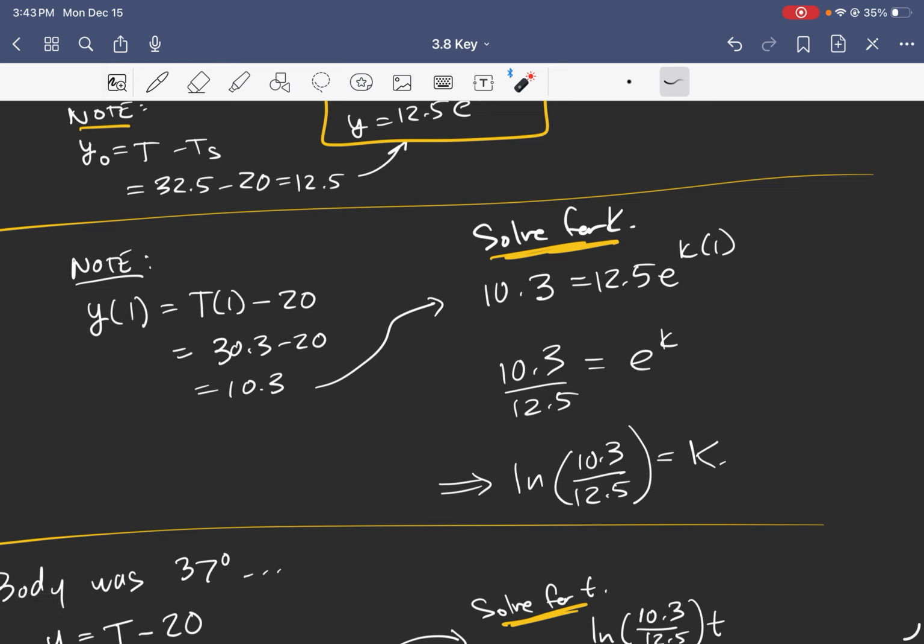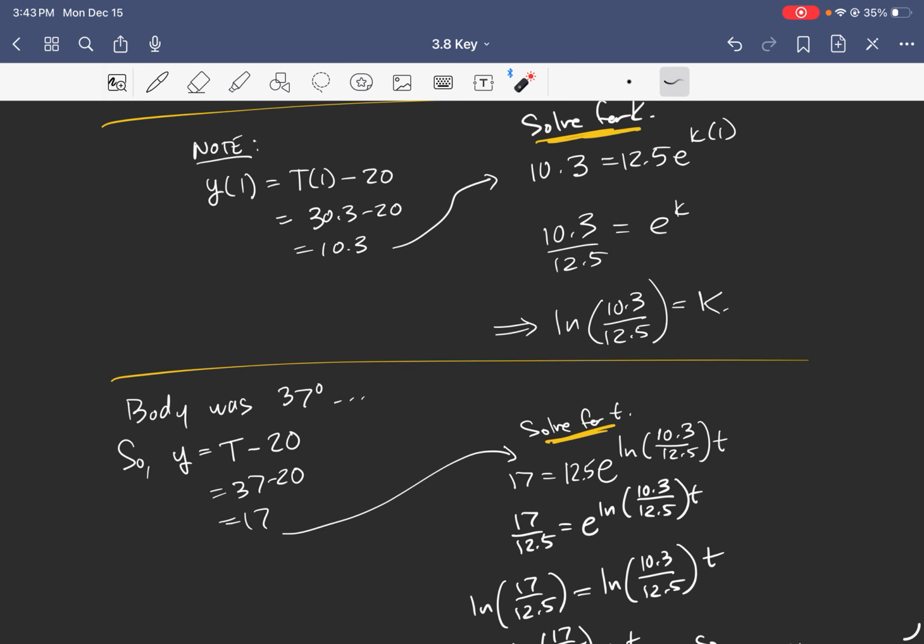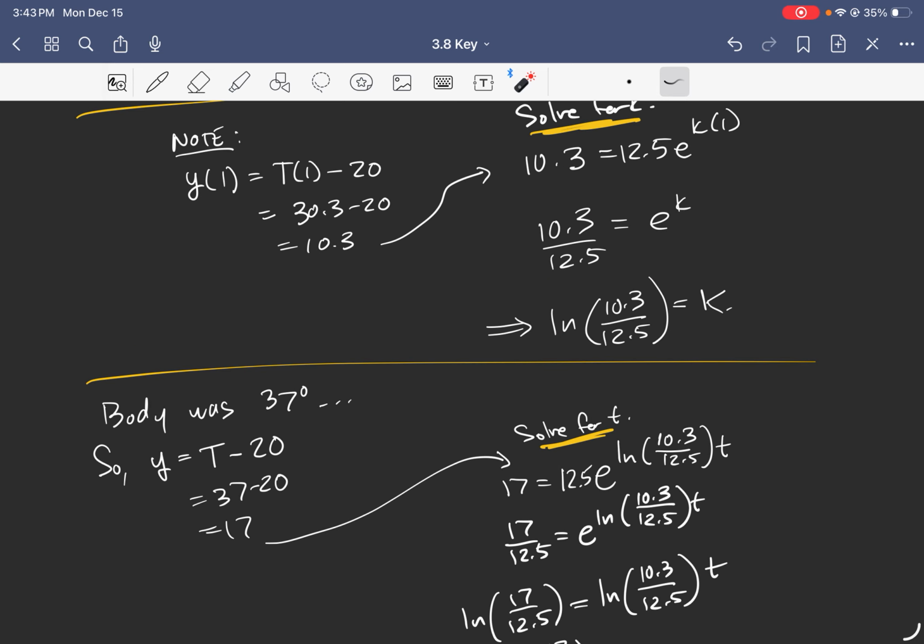So thank you guys for waiting for that. Nice colleague. So we've got k is equal to this. And so what does that mean? That means in our equation, this is what k equals. This was our initial value. Then they said,